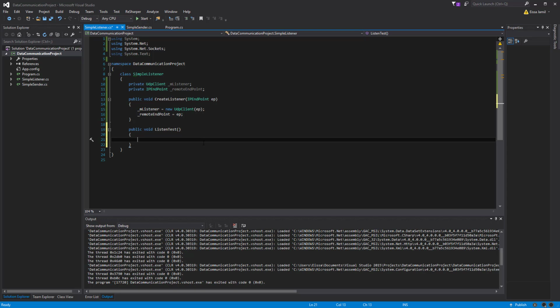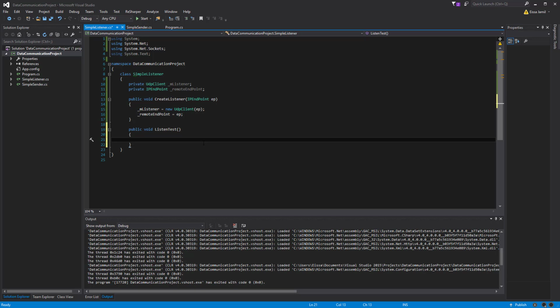It's going to use our client and begin receiving data on port 9001, which we're going to specify in a few moments. And then it's going to print that out to the console